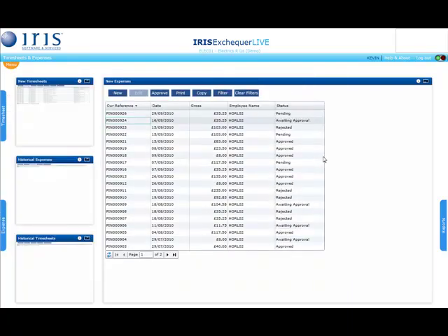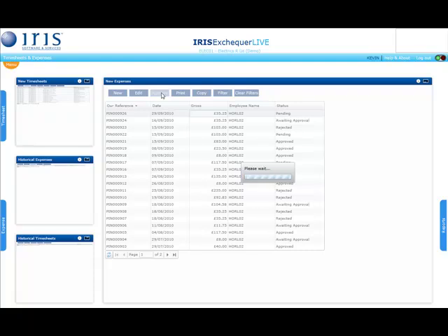And as we did with the timesheet, what I'm going to do now is send this item off for approval. So I'll select the expense I've just made. I shall now click the approve button, and as before that'll now send an approval message off to the approver as defined within the role config for this particular user. Confirmation message,